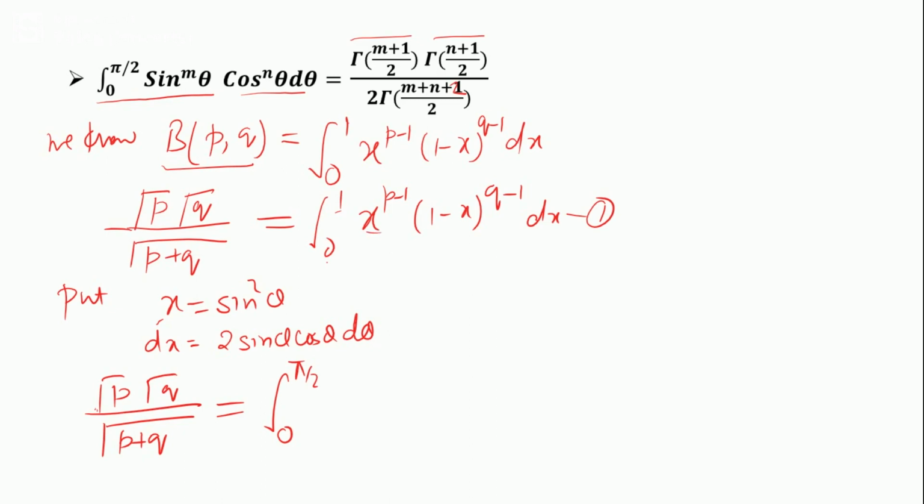In place of x we put sine square theta, so we write sine square theta raised to power p minus 1, into 1 minus sine square theta raised to power q minus 1, and in place of dx we write 2 sine theta cos theta